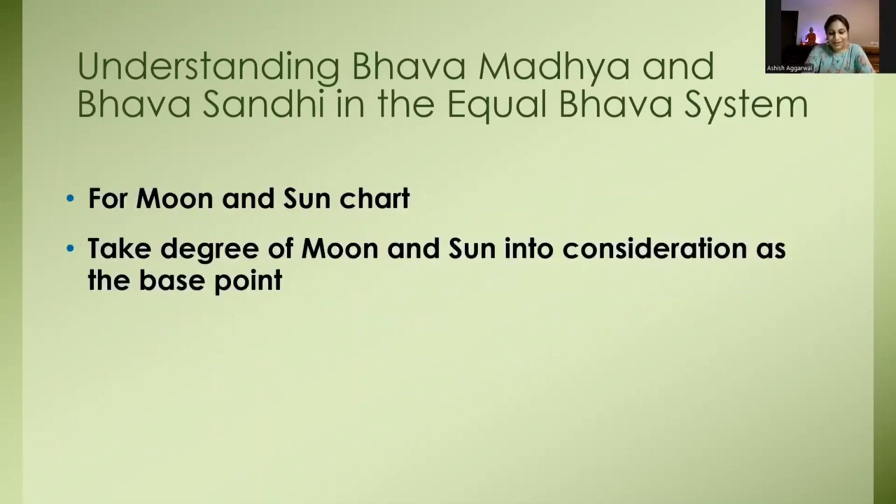In these sun and moon charts, the calculations are not based on the degree of the ascendant. When it comes to the sun chart and the moon chart, the degrees of the moon and the sun are important. The ascendant degree is 27, but the degree of the sun is 5 and the degree of the moon is 10. So when we calculate using the sun chart, we will base our calculations on the degree of the sun. Similarly, we will also give importance to the degree of the moon from the moon chart.